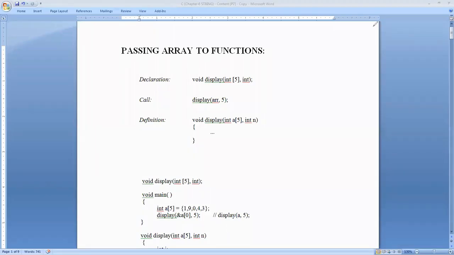Hello everyone. Today I shall discuss the topic of passing an entire array to a function. Here I am going to show you how we can pass an entire array to a particular function. You know that whenever we are dealing with functions in C language, in case of writing a code or